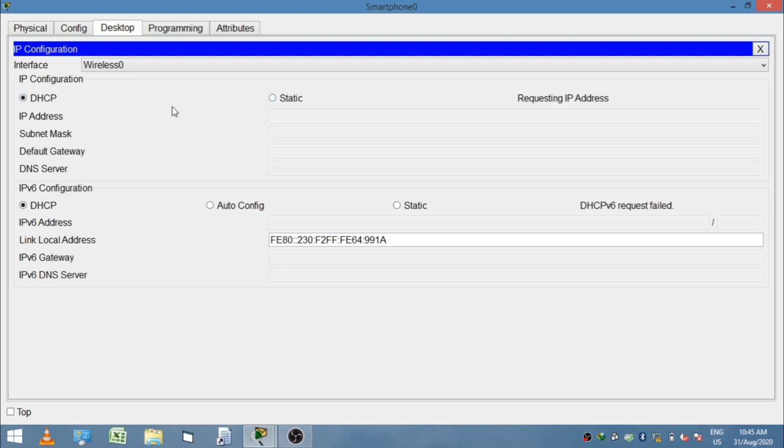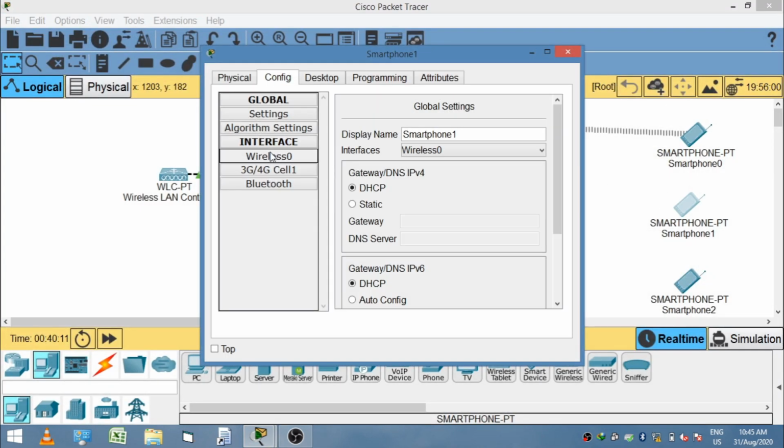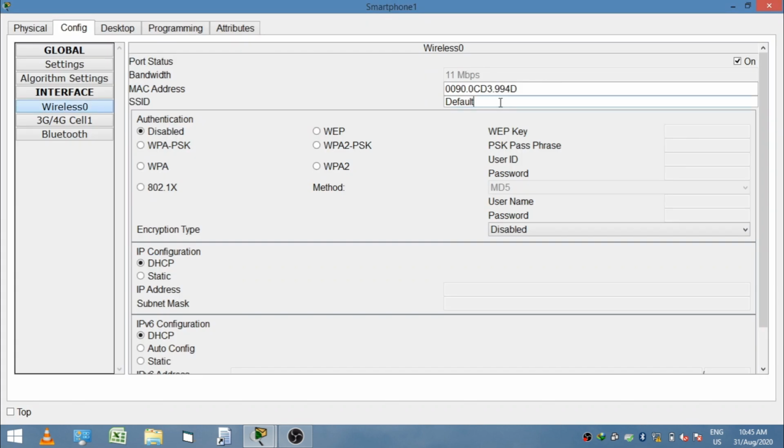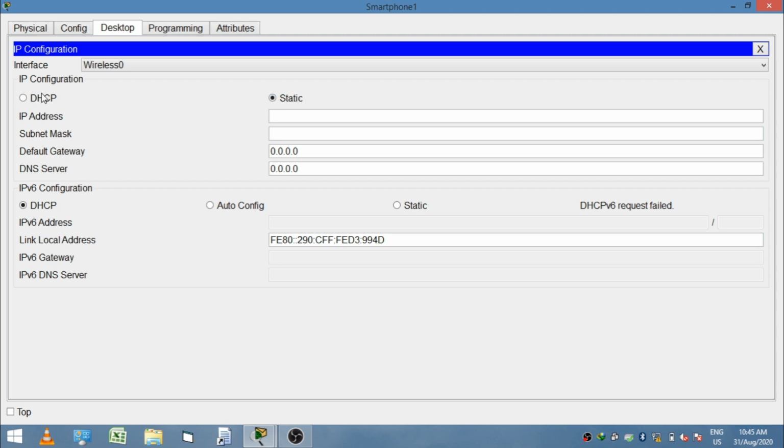Then click on the radio button of WEP, give the wireless encryption key, then go to the DHCP tab again. Then you can see the result that the WLC DHCP automatically provides the IP address to the smartphone.